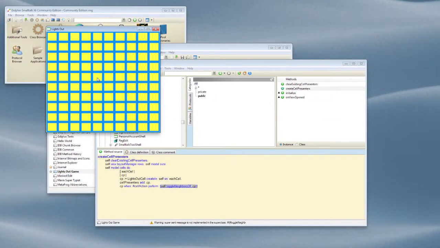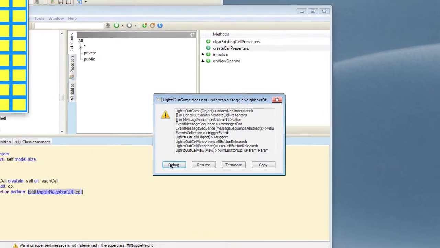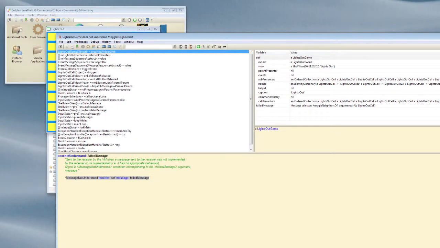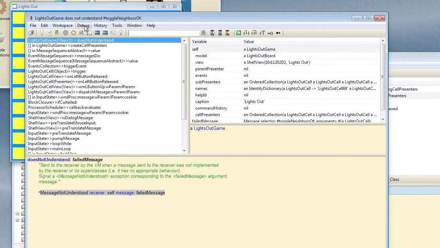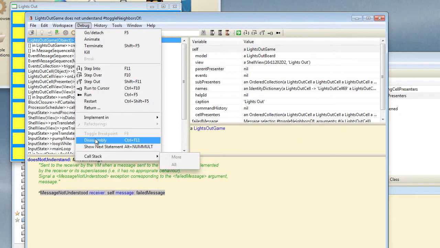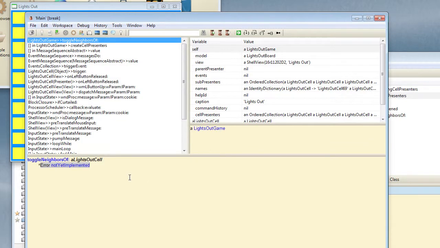Okay, and now when we click on it, we get a walkback saying Lights Out game does not understand toggle neighbors of. Now we could just go back and define that normally, but in fact I'm going to show you something quite good here, where we can actually define new methods inside the debugger. It's quite a nice way of filling out a class. So if I press debug, and let's resize that, it's a little bit large. If I choose implement in our class Lights Out game, we actually get a skeleton method proposed for us,